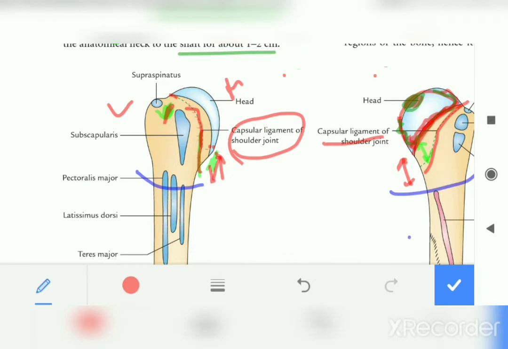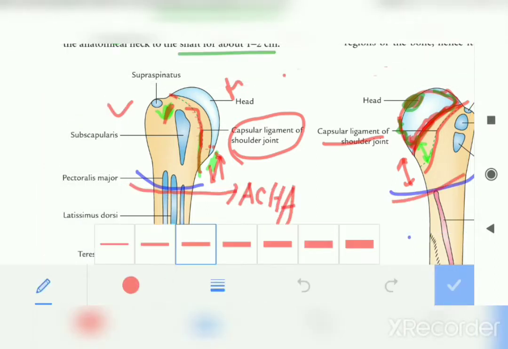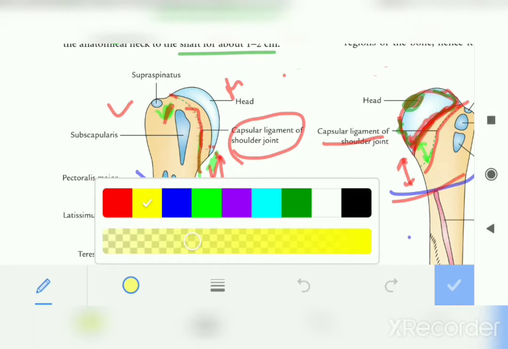Actually, the anterior circumflex humeral vessels lie in front of the surgical neck. This is the anterior circumflex humeral vessels, the anterior circumflex humeral artery. It lies just anterior to the surgical neck. And the posterior circumflex humeral vessels and axillary nerve